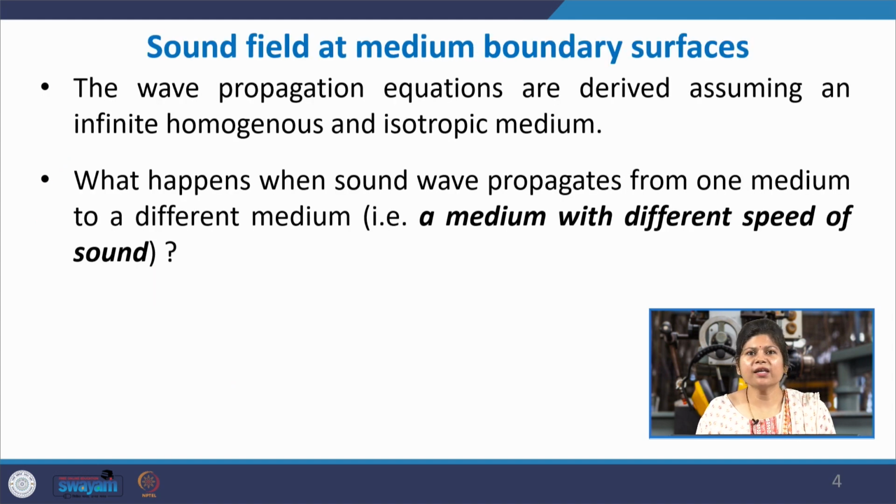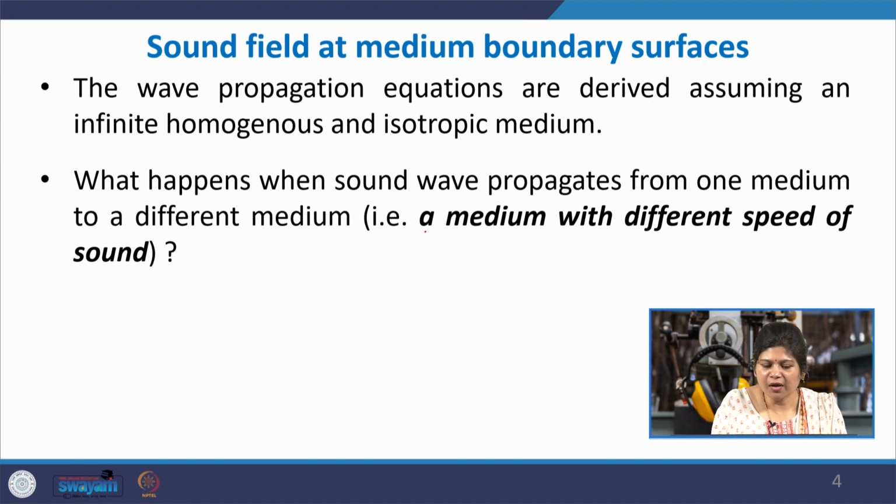So far, for the linear acoustic wave equation and the solutions we were getting for the different waves, the main assumption is that the wave is propagating in a homogeneous medium, which means the medium is not changing the bulk acoustic properties, that is beta and rho are not changing over space and time for the volume of fluid under consideration. But suppose a wave is travelling and encounters a new medium while it is propagating. What will happen, and what do you mean by a new medium?